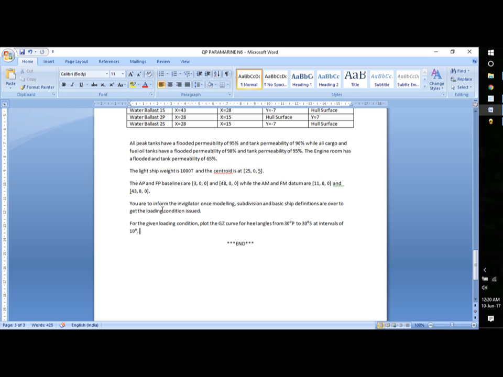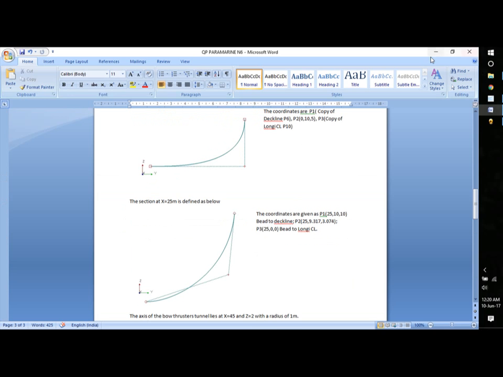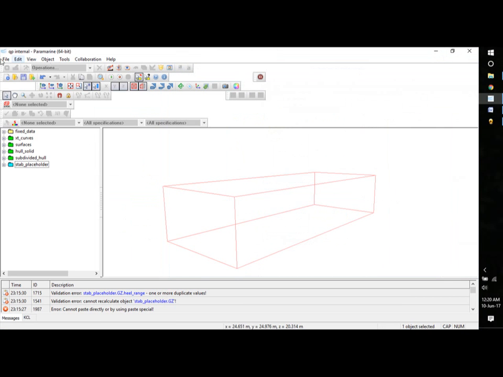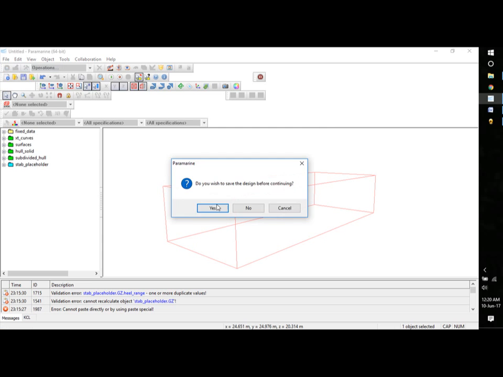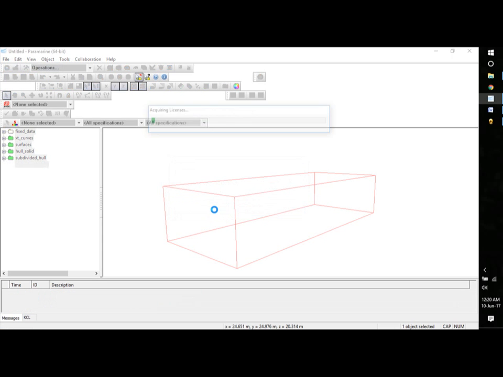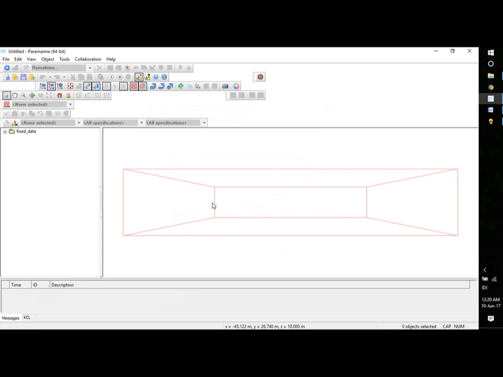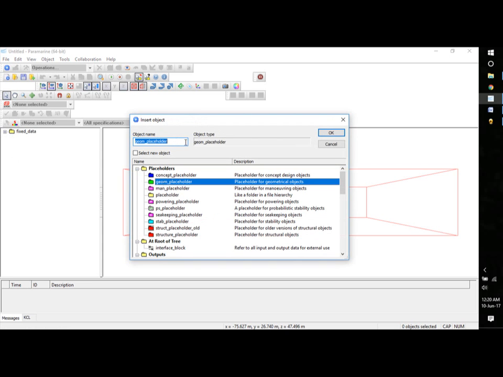You can contact the invigilator and then he'll hand over the loading condition to you, and from that loading condition we'll have to calculate the GZ curve. So to begin with, we will open a new Paramarine window, and the first thing that you need to do is define the XT curves that define the surface of the ship. So you'll have to add a geometric placeholder and rename that as XT curves,